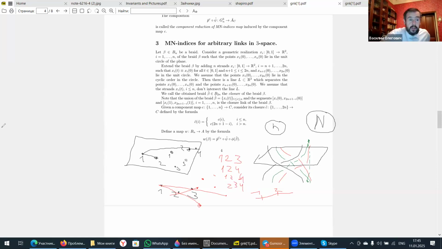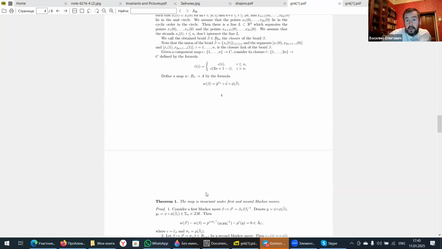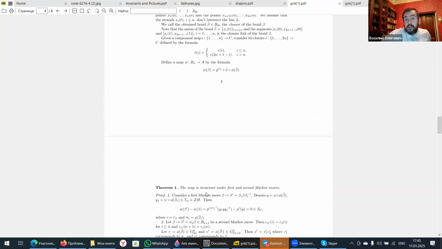And then what I do is write down this word, maybe only in 4 generators, for each strand, for each choice, and then just take a sum of those choices. What do I mean by a sum? I have group elements. If I have group elements, I can do the following. I can just take the formal group ring with, for example, Z coefficients, or if I'm lazy, I can take Z2 coefficients. And also, I will